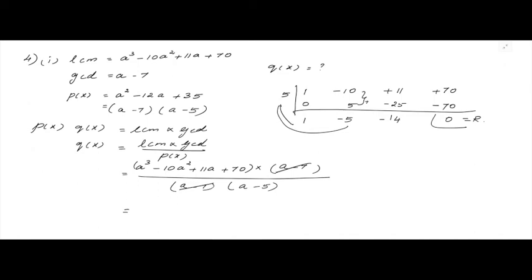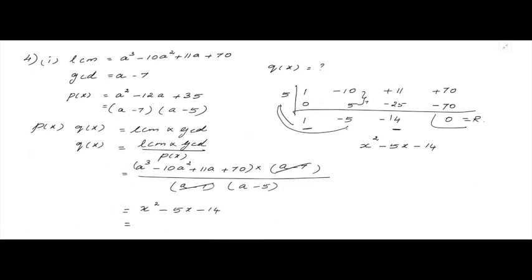So you can simplify these two. And what is your net result here? This will be the constant, this will be x and this will be your x square. So you can write this as x square minus 5x minus 14. When you divide this, you will be getting x square minus 5x minus 14. This will be your q of x. Further you can factorize and write.